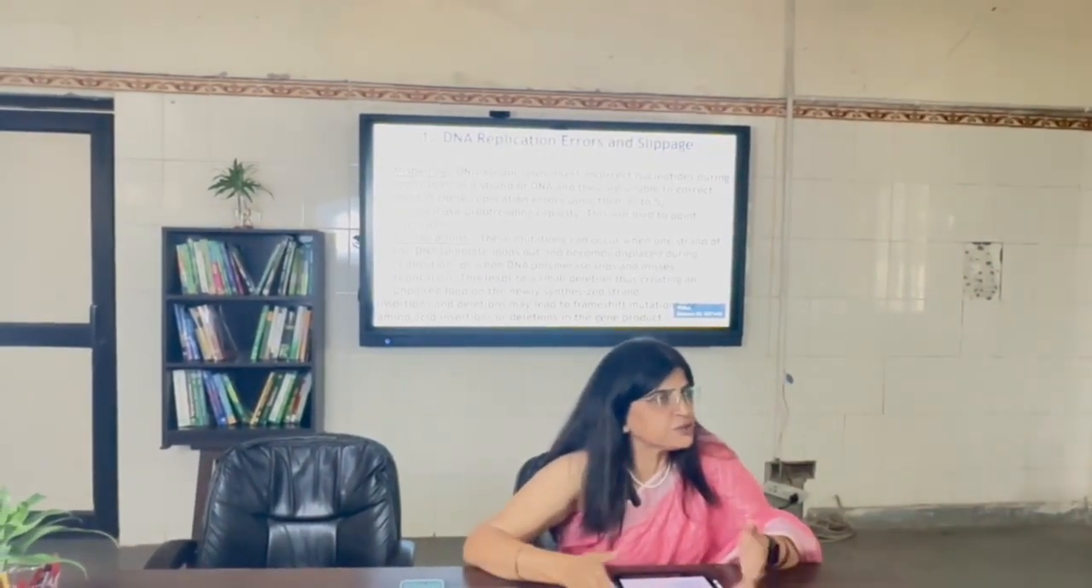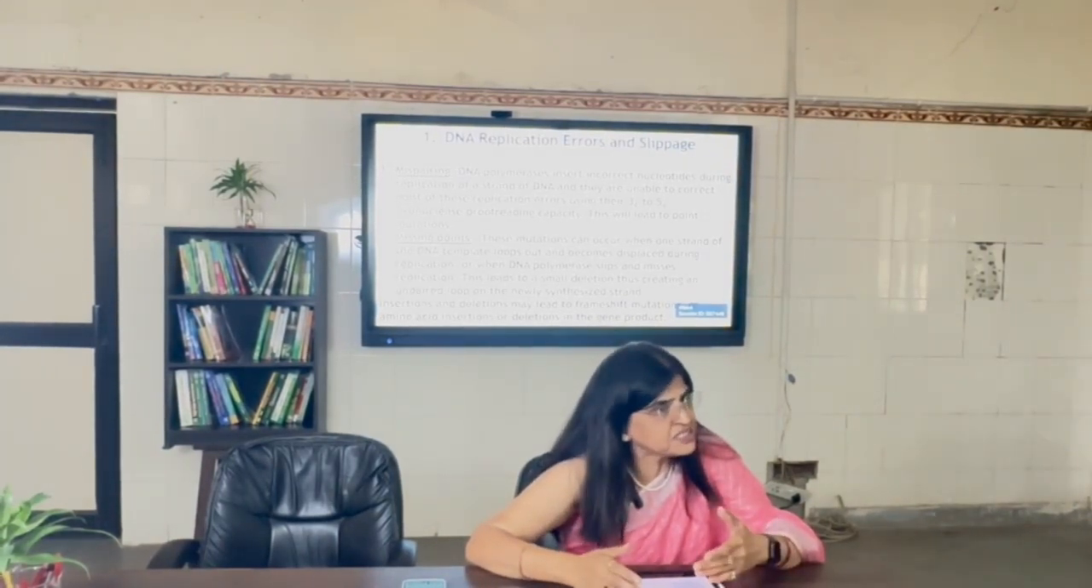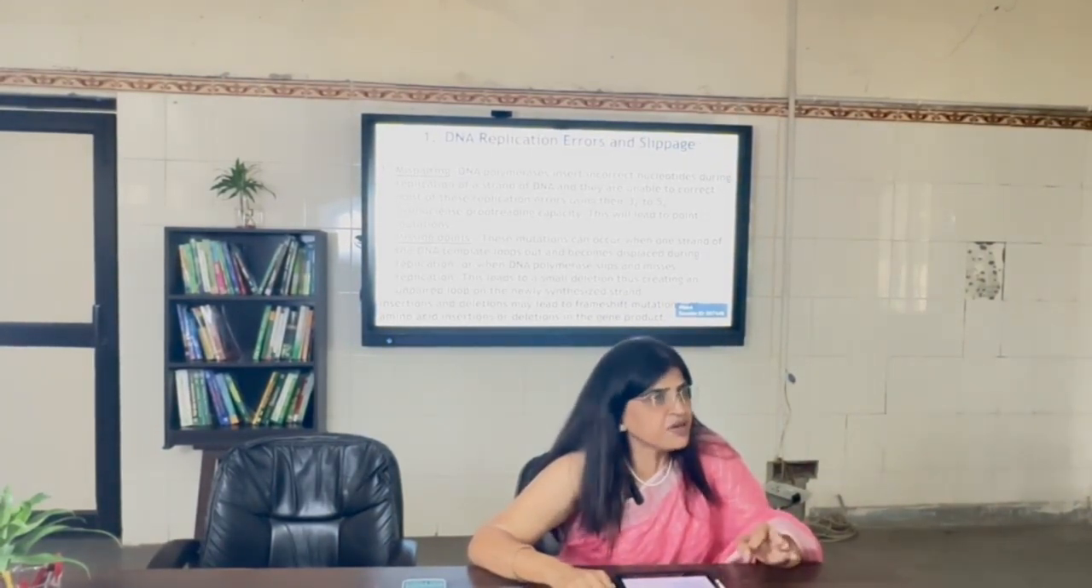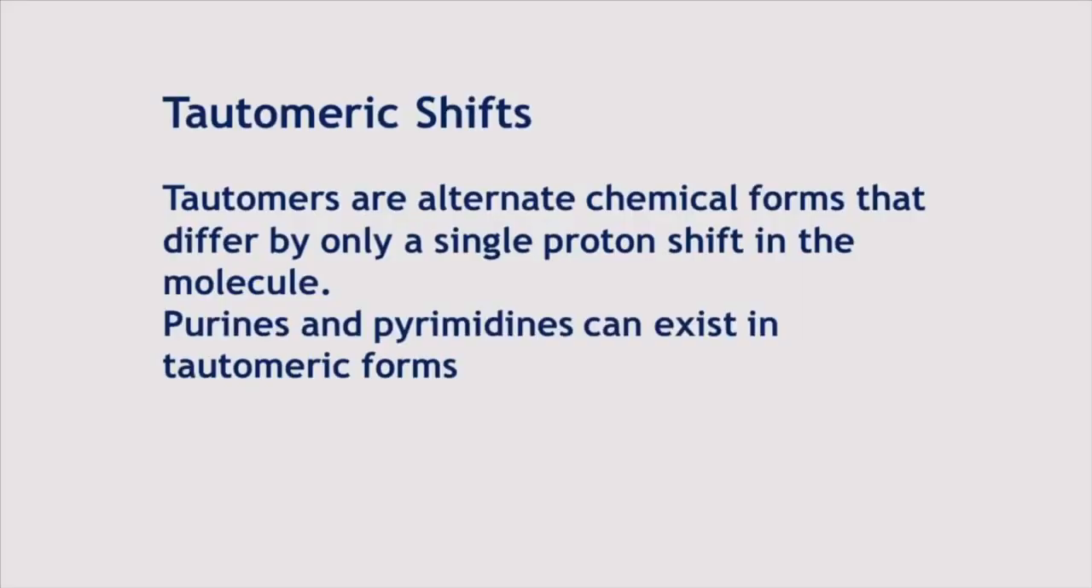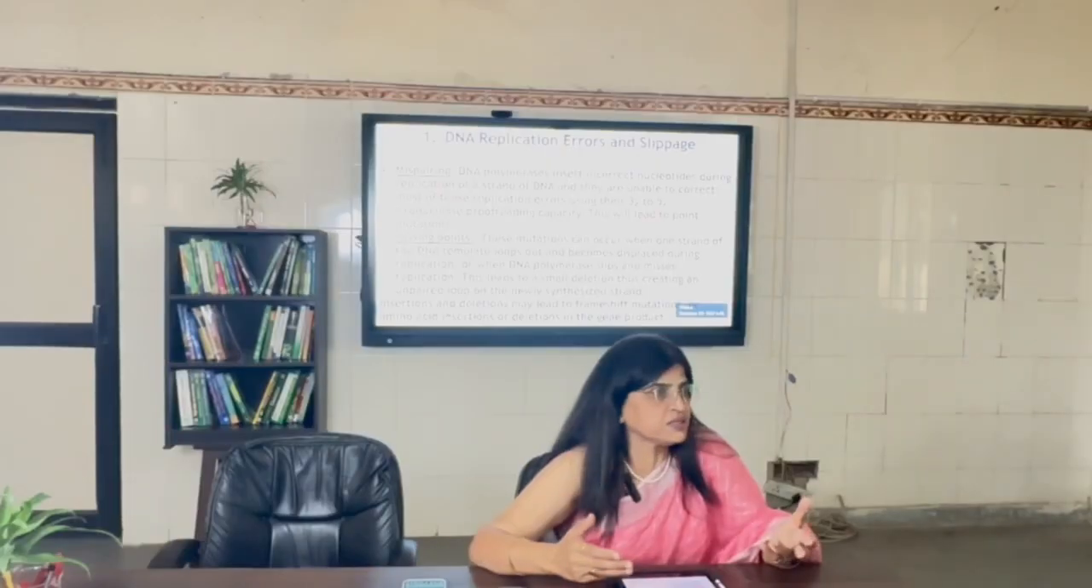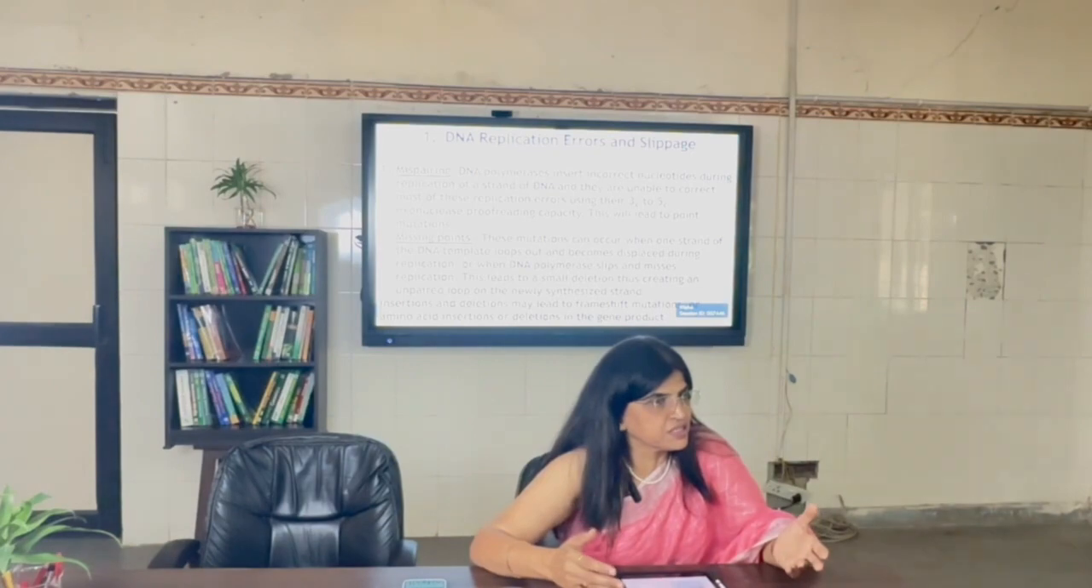So this is the one region which keeps happening in the cell, and another reason is tautomeric shifts, which is a process basically which is normally happening in the cell. So in tautomeric shifts, what happens is the nucleotides change their chemical forms. So first, what is a tautomer? A tautomer is the alternate chemical form that differs only by one proton shift in the molecule. So the nucleotides, the purines and pyrimidines, exist in different tautomeric forms, and in different tautomeric forms they have